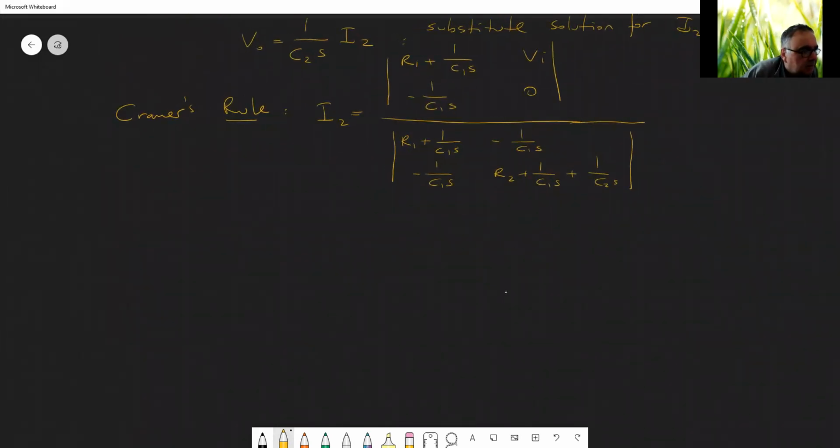I'll just skip the intermediate steps. The G of S, which is the output divided by the input voltage, is equal to 1 over